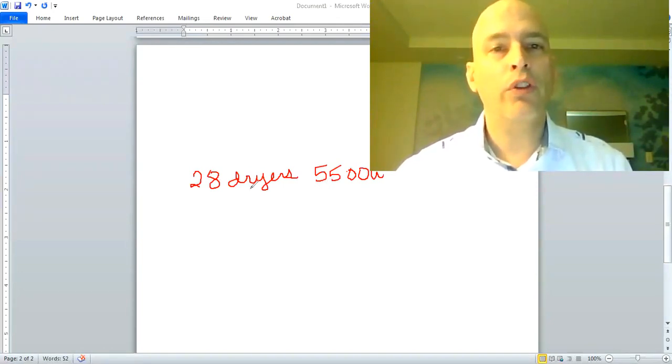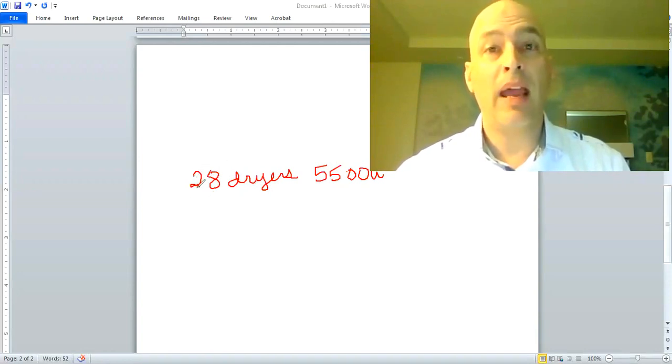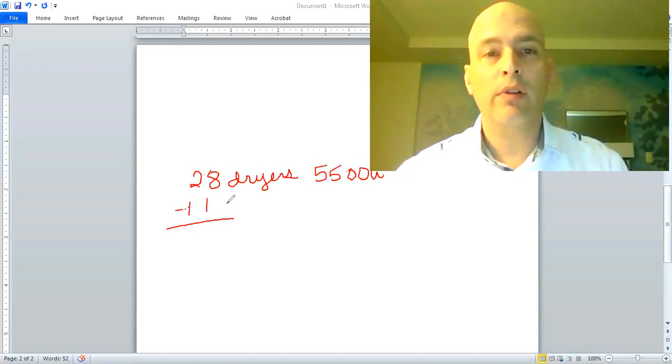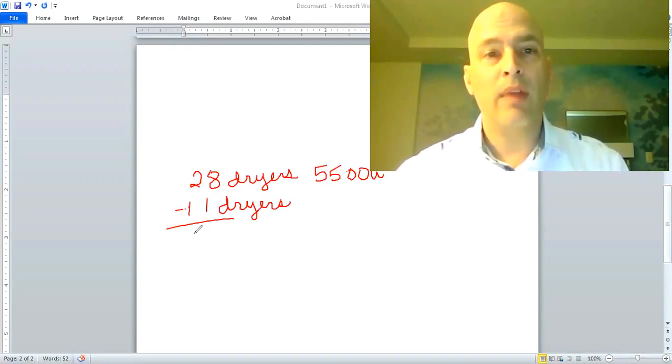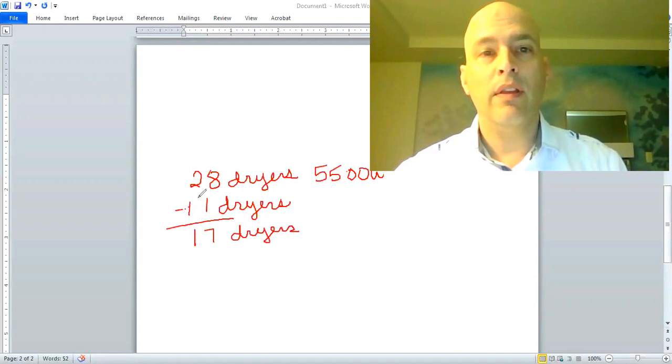All right, so what the code book tells me is that every dryer out of this 28 that's past 11, because remember the 11th dryer, I basically had a demand factor of 47%. So what I would do is subtract 11 dryers, and again, this is because that's what the table stops at on the 11th dryer, right? Subtract 11 dryers from that number, and that would give me a total of 17 dryers that went past the initial block of 11 that I would have a demand factor of 47% if that's the only number of them